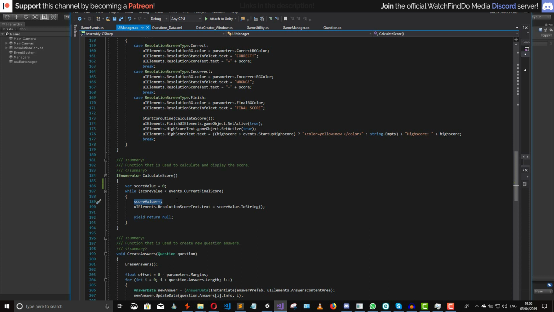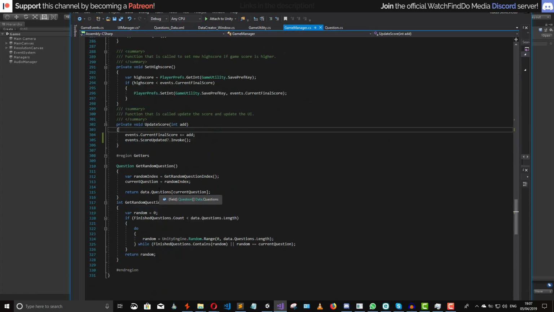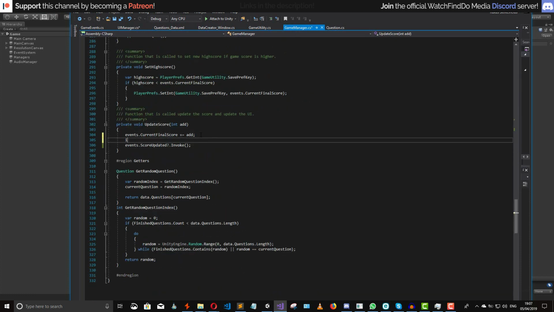But the problem is that it's never going to be less than the current final score, because final score is already less than 0. So what we actually need to do, first of all, we need to check if the score is negative. Obviously, if you, for example, don't want to subtract the score, or you want the minimum score to be 0, not go to the negative side, you can simply, whenever you update the score in the game manager, which is right here, you can actually check if